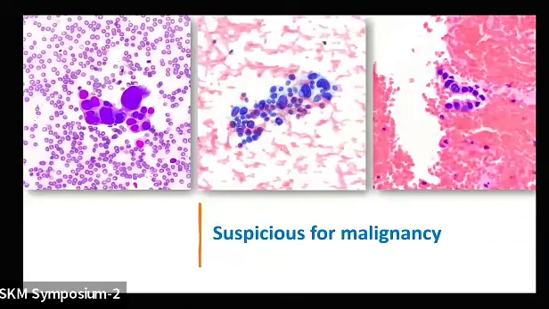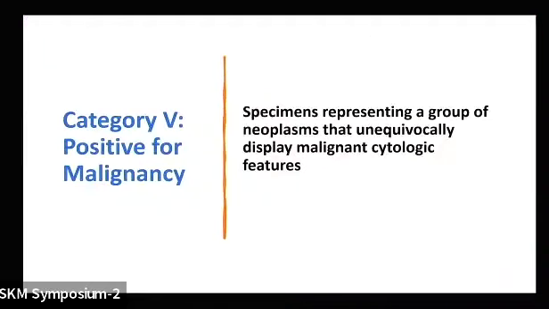Again, these are different cases, but in these cases, these were the only cells that were obtained as either sheets or groups. So on that basis, since certainly the pleomorphism and the nuclear atypia associated with malignancy can be noted in all these 3 preparations, but due to quantitative aspects being so limited, a definitive diagnosis of cancer cannot be rendered. Positive for malignancy here, when the sample is well obtained, then there should be no reservation in making a call